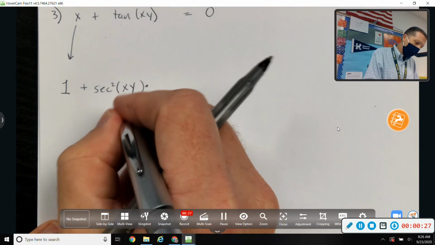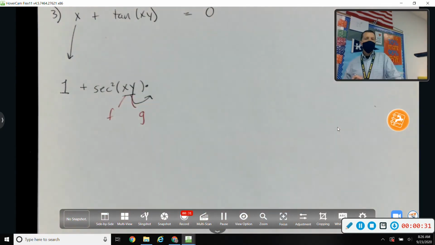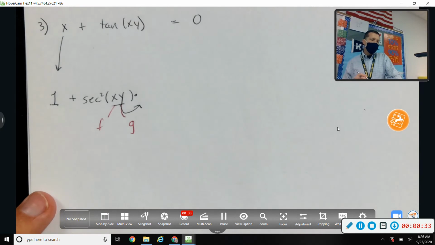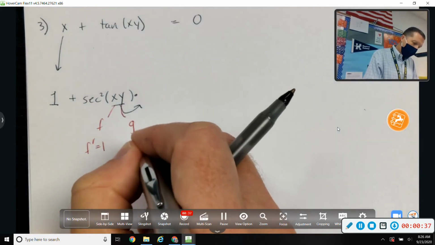Not tricky, it's just the product rule. So f and g. So f prime is 1, g prime is,